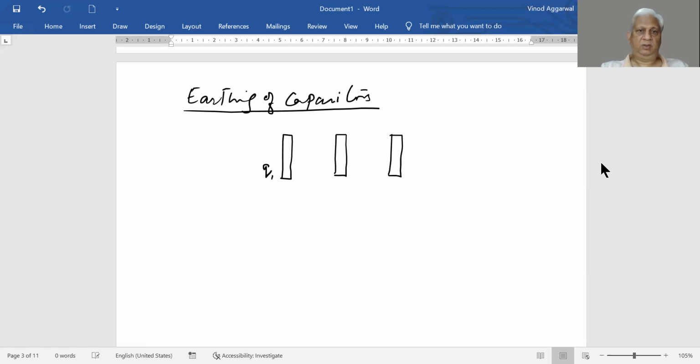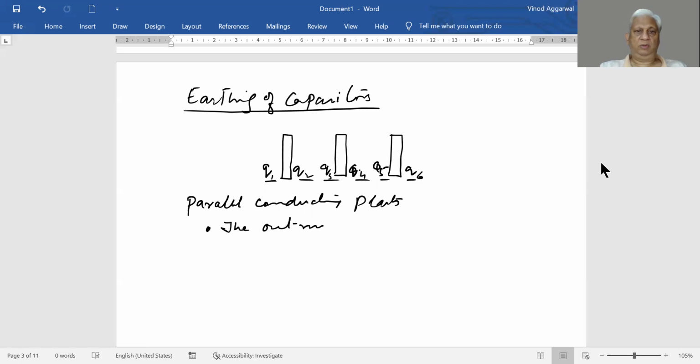This may have charges Q1, Q2, Q3, Q4, Q5, Q6. They are already pre-charged like this. Then, in a system of parallel conducting plates, the rule is